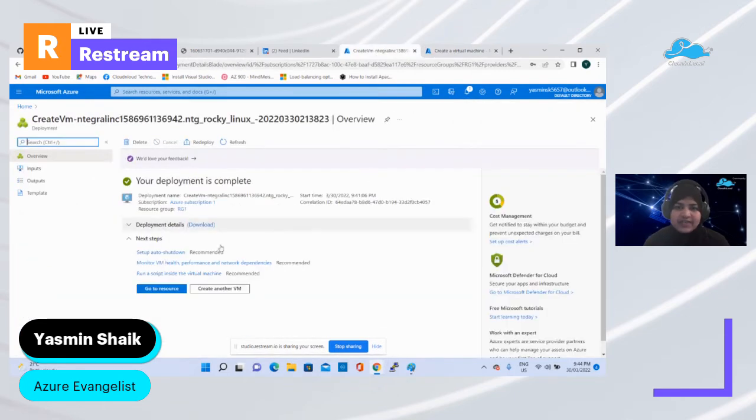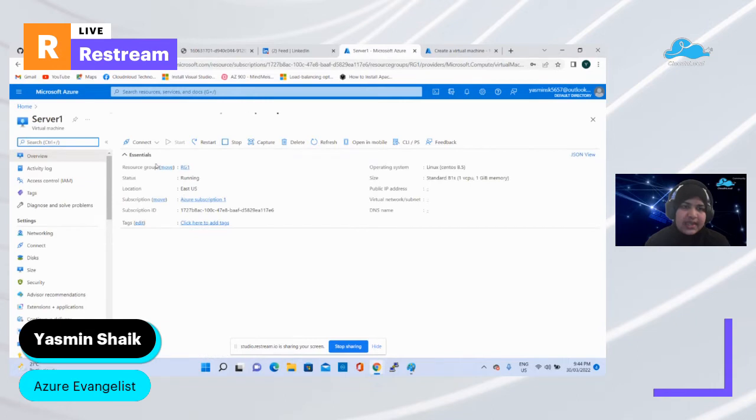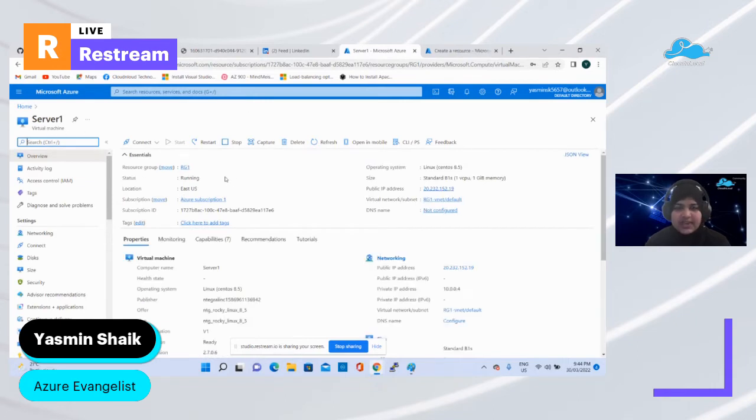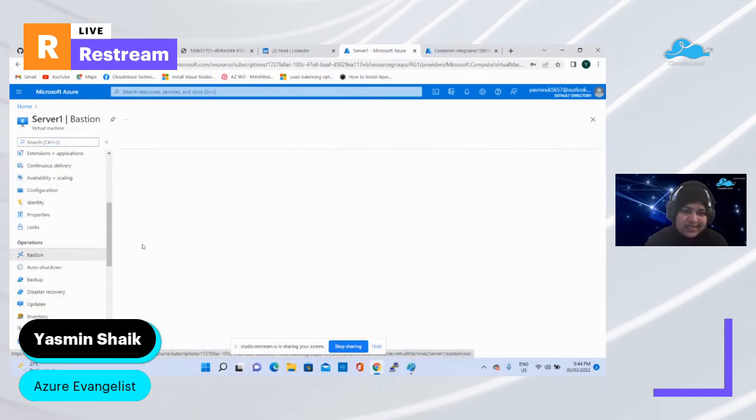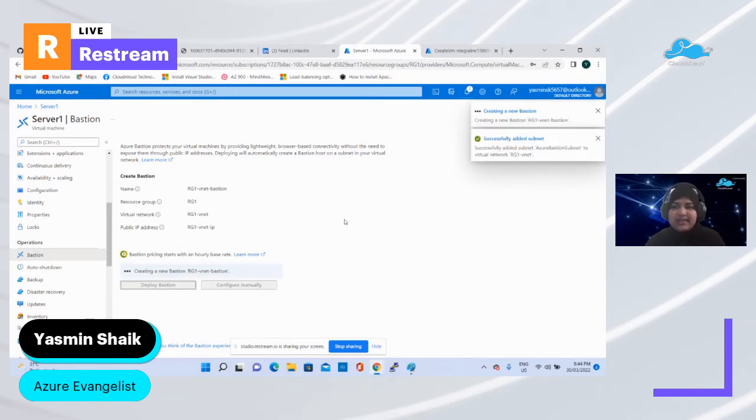Now let's go back to our first resource. If I go to the notifications tab, as you can see here, my first virtual machine has been created. Now, if you click on go to resource, it has taken me to my server 1, which was created in the East US region, as you can see here, right? So now this is the public IP address of my virtual machine. If you want to connect to the console of this server, you can directly go to the Bastion service available here in the portal itself. You can deploy this Bastion service. This Bastion service is useful for you to get the console of this virtual machine in the browser itself. Okay, but it will take some time. But if you want, you can do it like this as well.